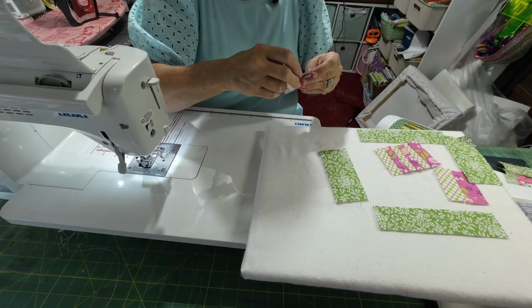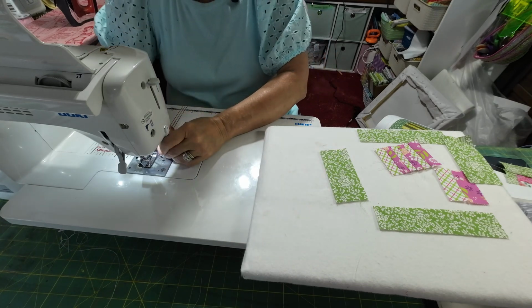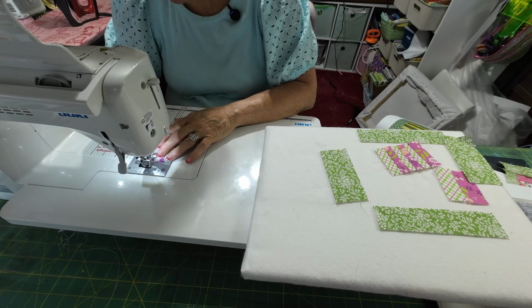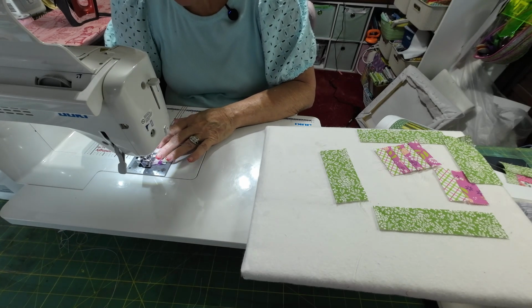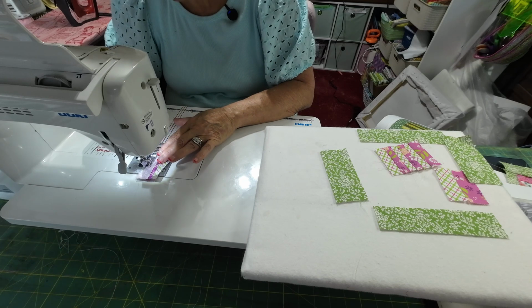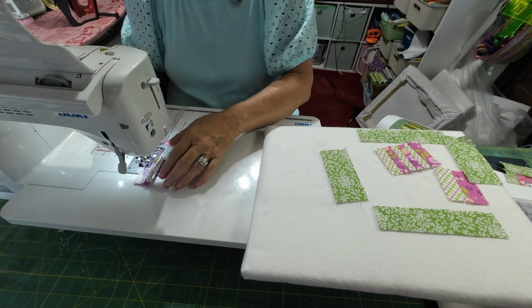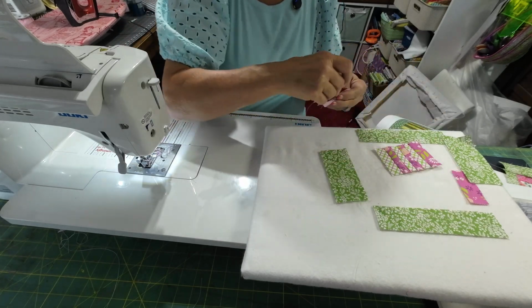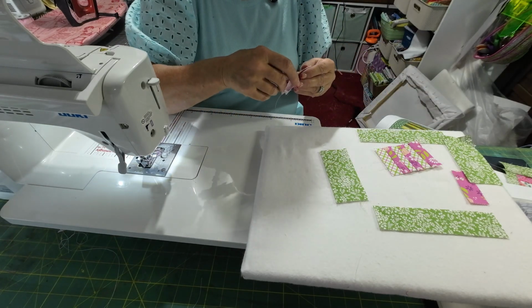I can hear y'all tell me I shouldn't have my machine on if it's storming. It's attached to a surge protector, and the surge protector's in a surge protector, and the house is in a surge protector, so I think we're good. Because we lost a bunch of stuff one time when we were not even at home, and